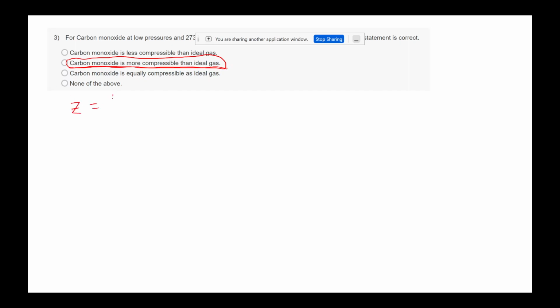Z is actually the equation of state ratio. PV is equal to nRT. This is PV by RT. So this is for an ideal gas, and this is 1, right? Because the equation of state for an ideal gas says PV is equal to nRT. Yes, exactly. But for a real gas,